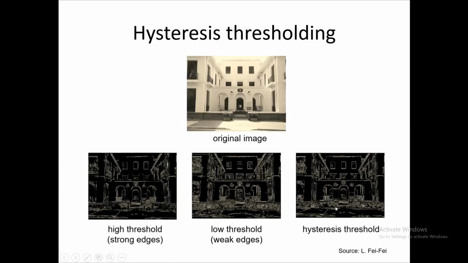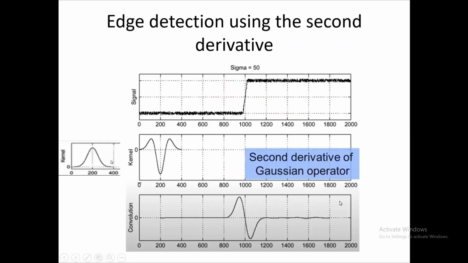With hysteresis thresholding we get just the required details of the image. There is no more discontinuity in edges, and unnecessary details are not included in this hysteresis thresholded image. Okay,